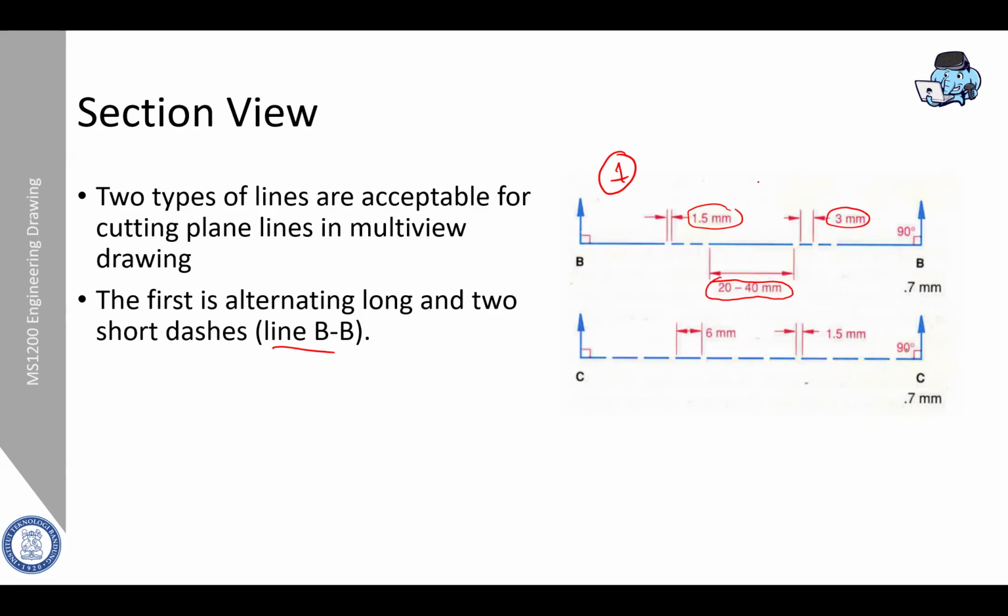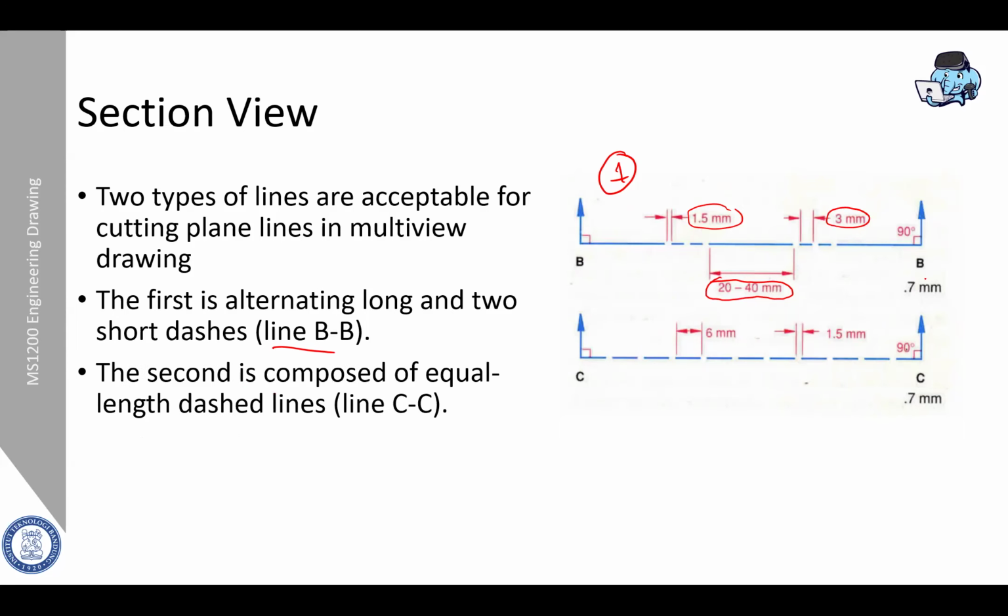If the drawing is quite big, the long lines can be more than 40 millimeters. So this is the first alternative.